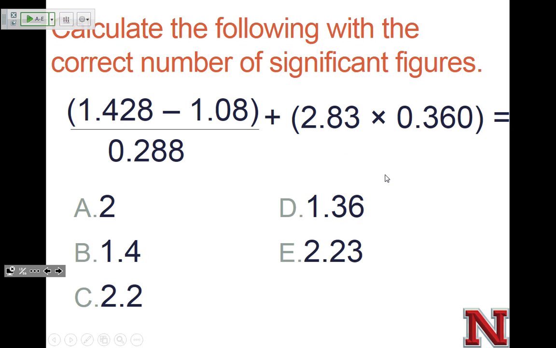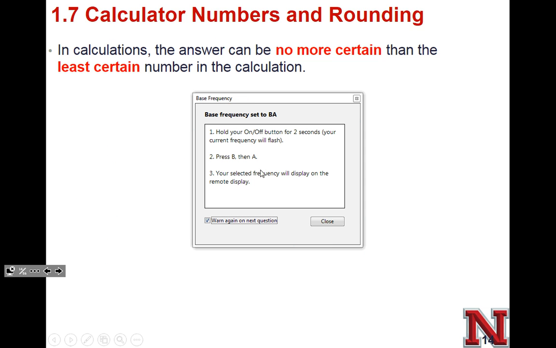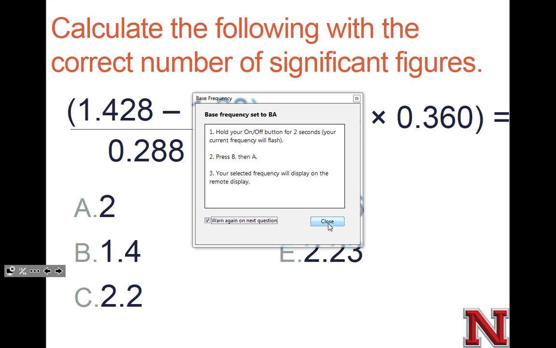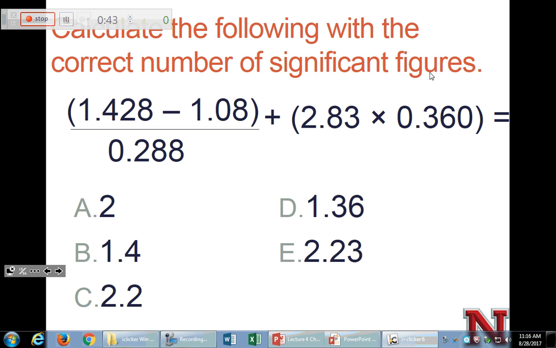So next we're going to talk about applying this to calculations. And remember, I really recommend always having your calculator out in this class. And always having your iClicker out. Because if the time runs down before you get to it,